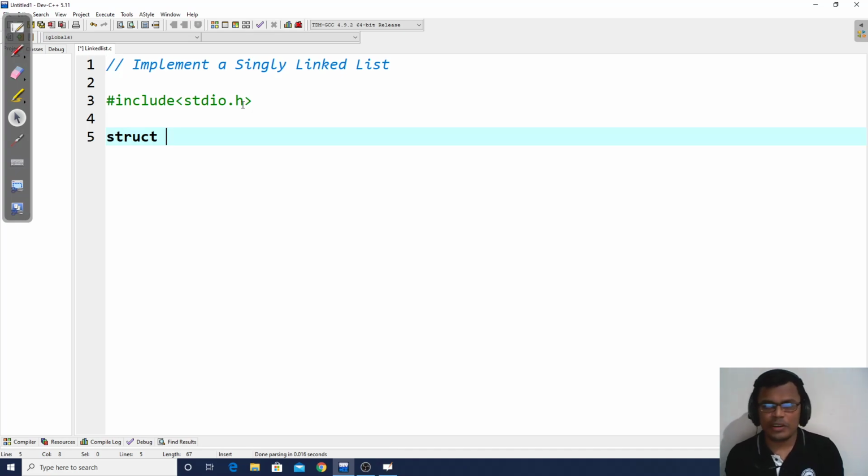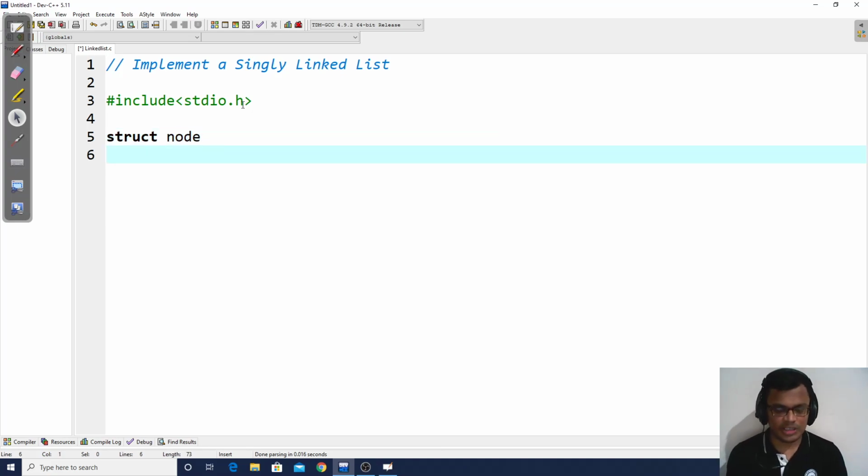So all these operations, if I add them in the same main function, then my code will become very bulky in nature, right? So I will not be able to read my code properly. So let us write this code in the form of functions. And if I divide this code in the form of functions, I need to make use of global variables. And that's why I'm writing this particular structure as a global variable and not inside main, so that this structure node can be accessible across all the functions of my program.